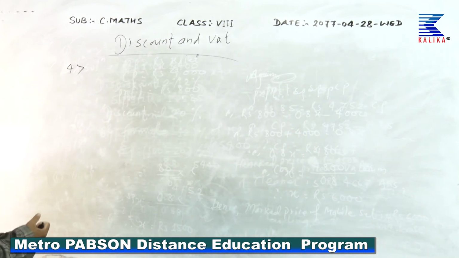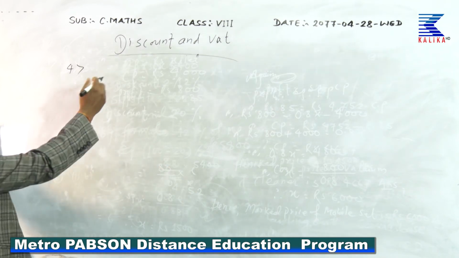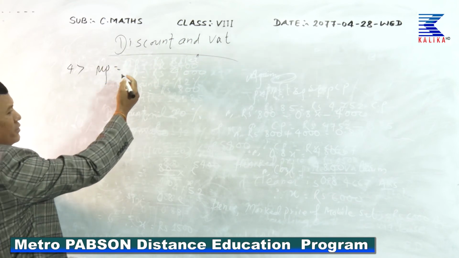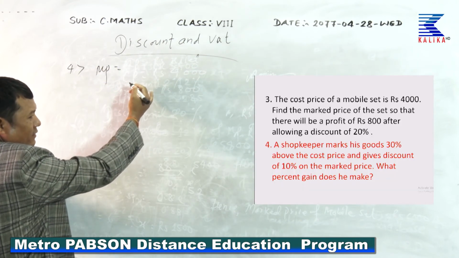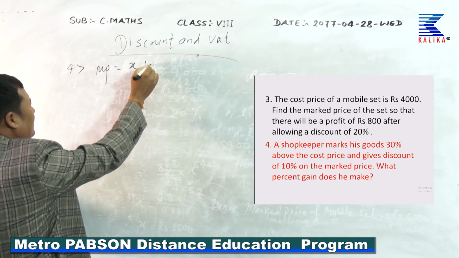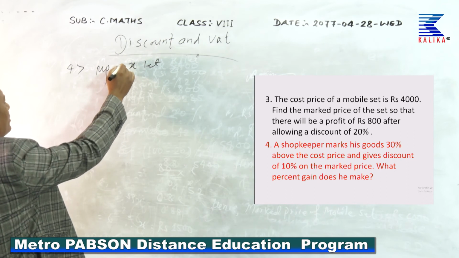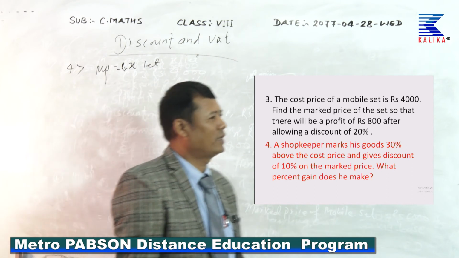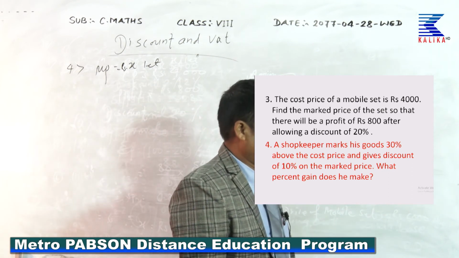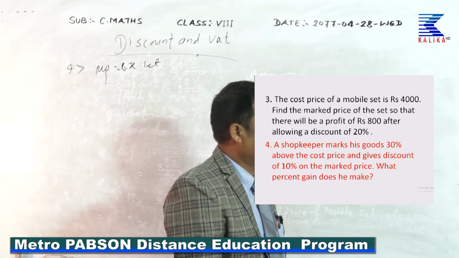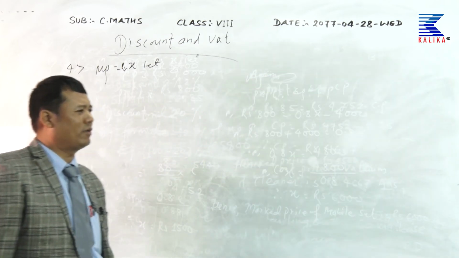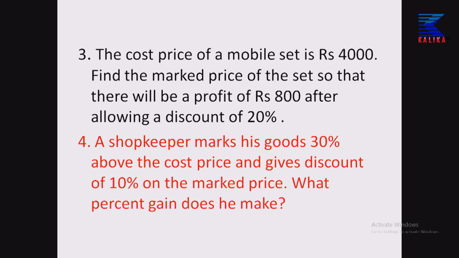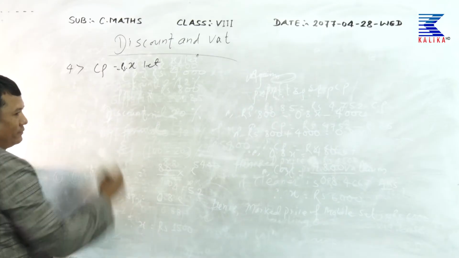Market price, MP, is equal to Rs X. A shopkeeper marks his goods 30% above the cost price and gives a discount of 10% on the market price. So, first of all, let CP be X. CP is X